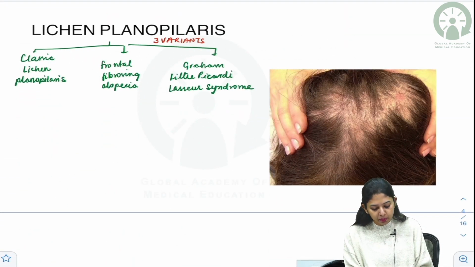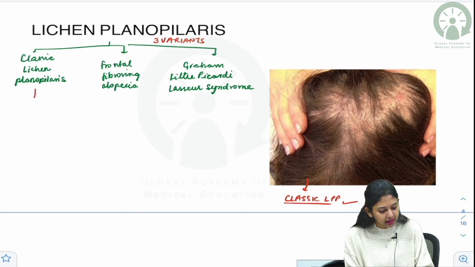Now the classic LPP is what you see here, okay? This is the classic lichen planopilaris. What do you get in classic lichen planopilaris? Just revise with me. It leads to patchy area of scalp involvement. It predominantly